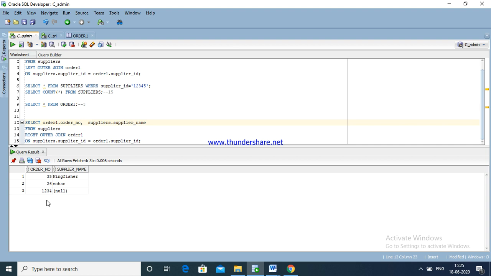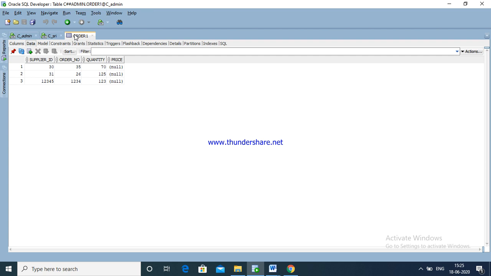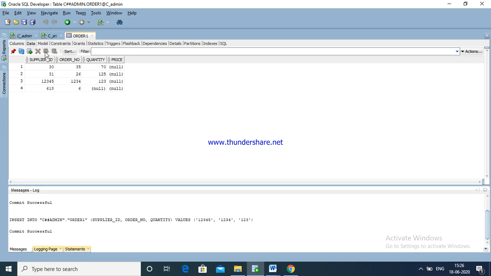These are all records. See here, second table records, 3 records. Now I am going to enter one more record. Today's date is June 18. Now I am going to commit.